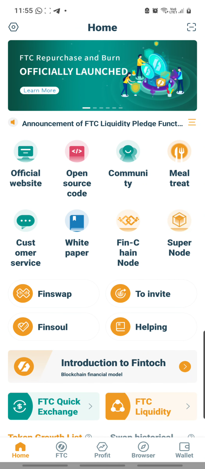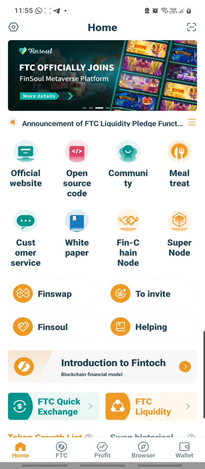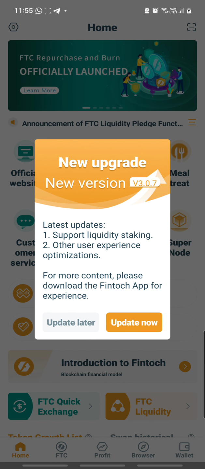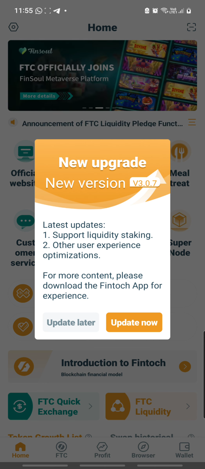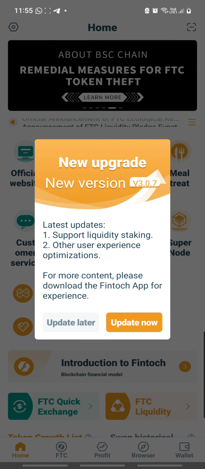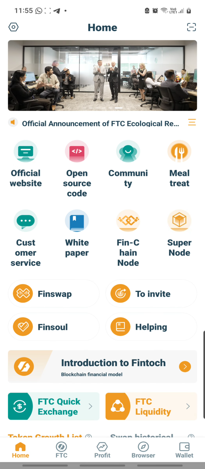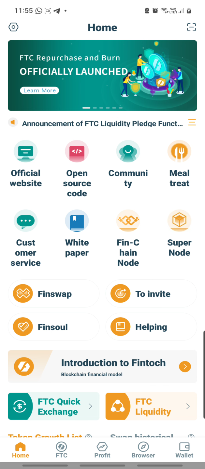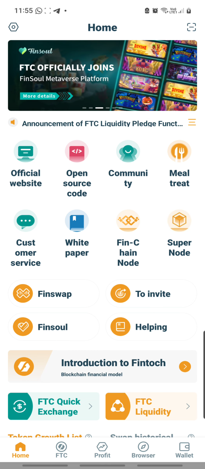The date today is the 1st of August, and we open up our app to a new version that we are to update. Yes, so now this version says that it is version 3.0.7, and the latest updates will support liquidity staking. Number 2, other user experience optimizations. Okay, and it is important that we download and upgrade our app directly from our official corporate link instead,